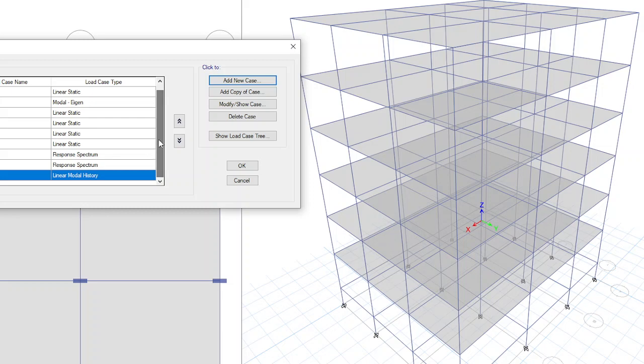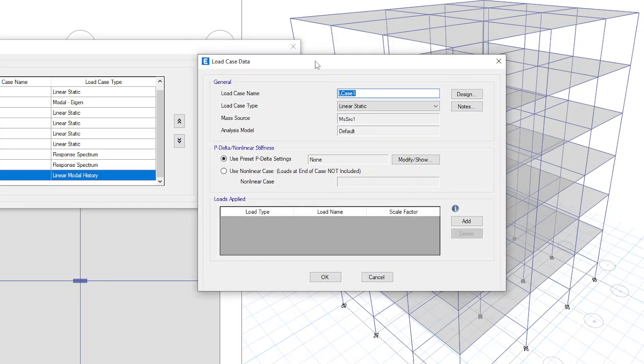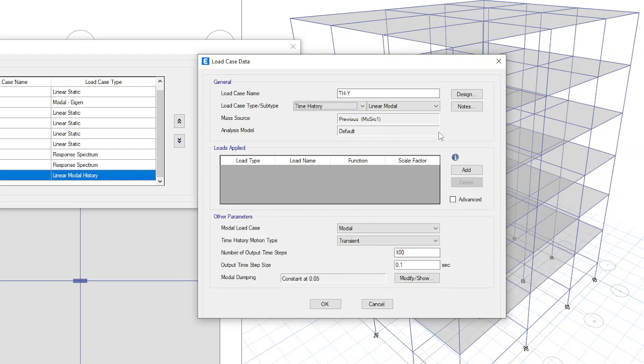Similarly in y direction, add a new case, THY. Scale factor 10, and again the number of output time steps.